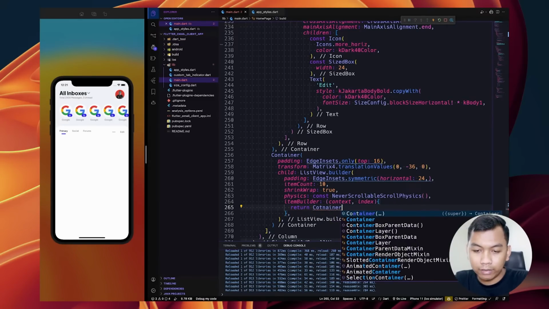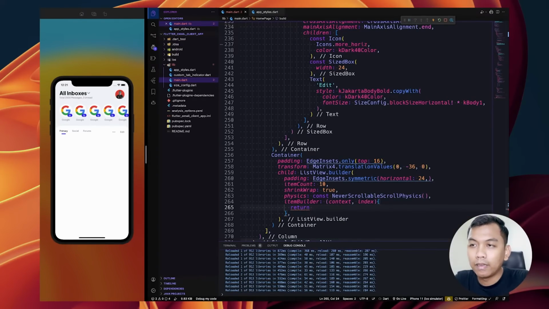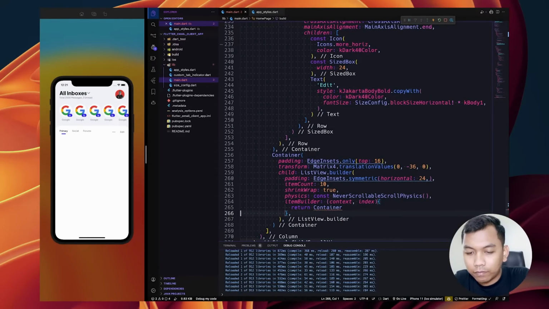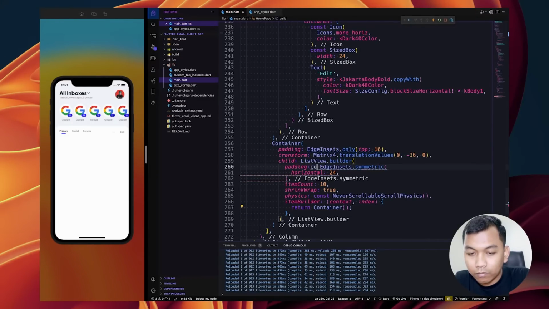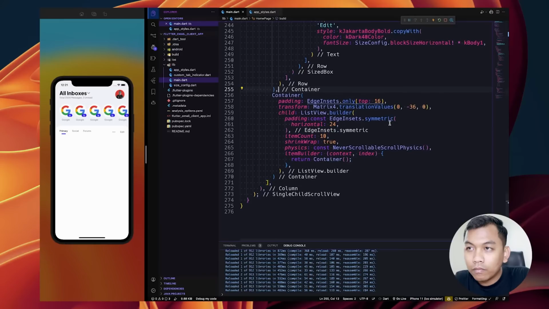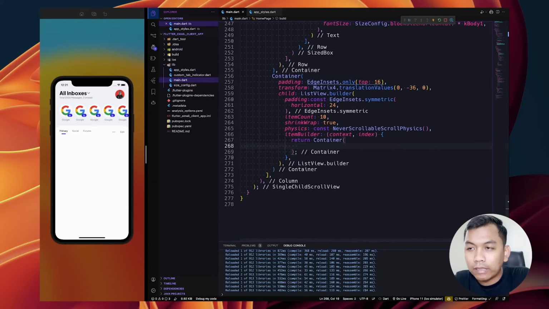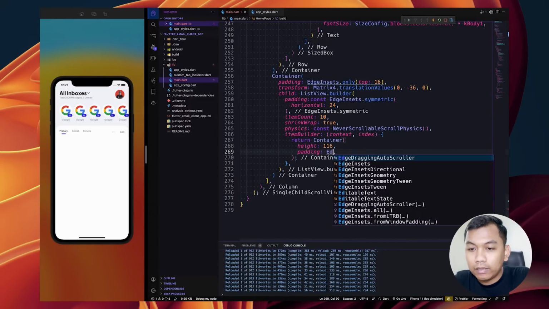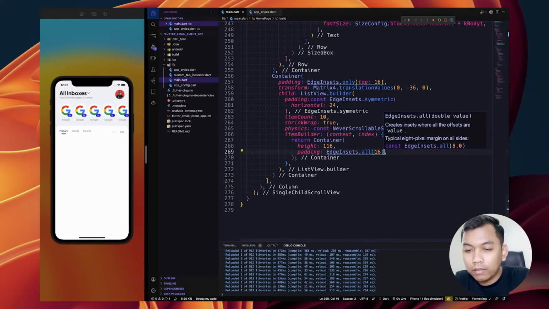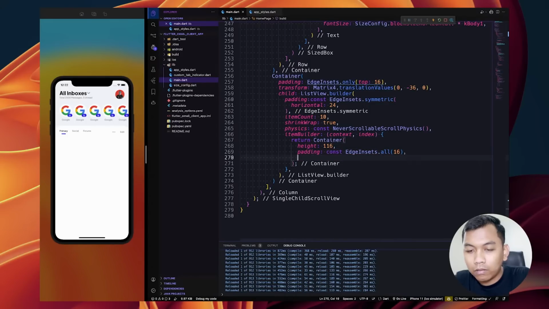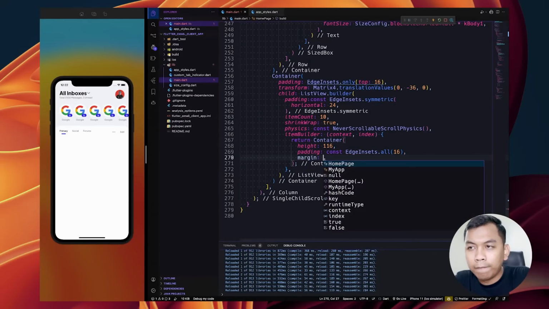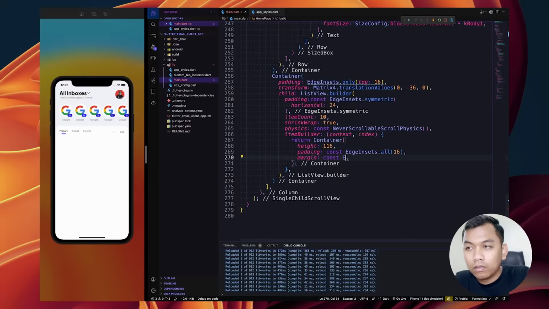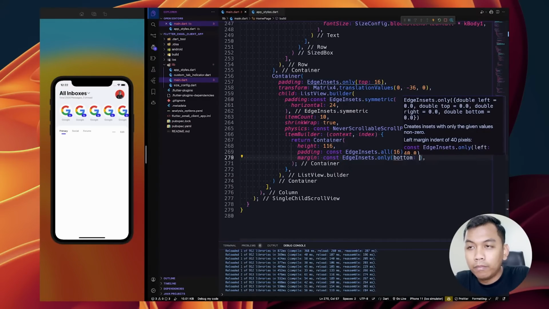and we need to return a container. That's all. And inside this container, for the height, set it to 116. For the padding, all 16. And also margin only bottom 8.